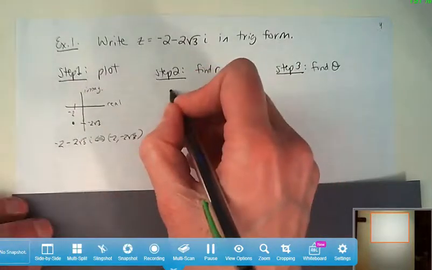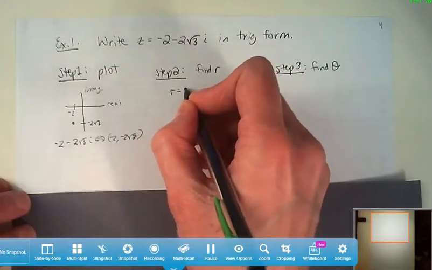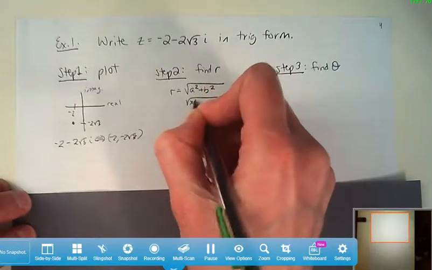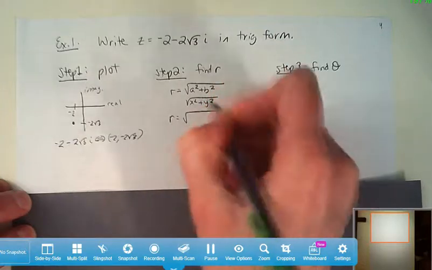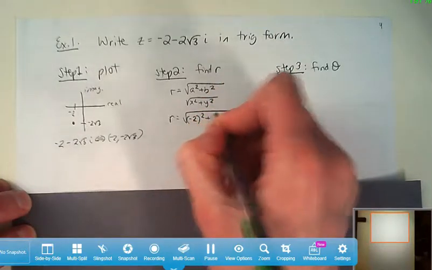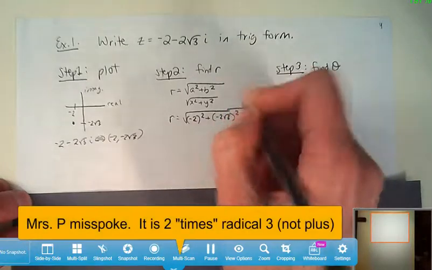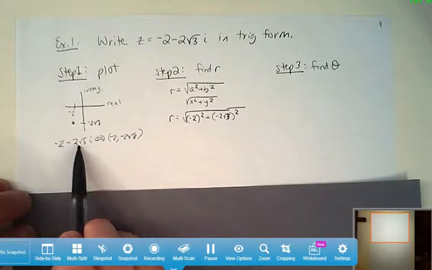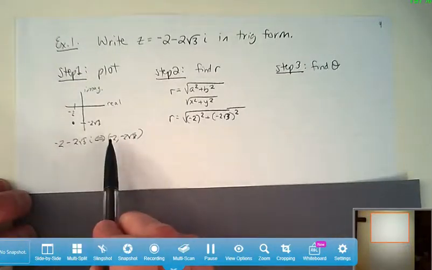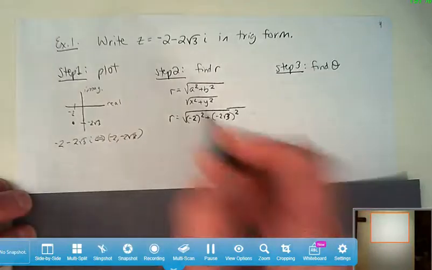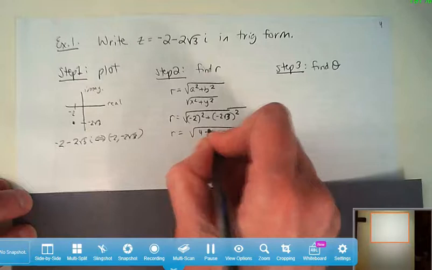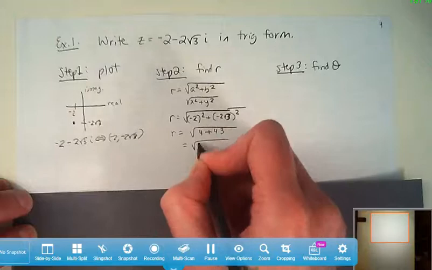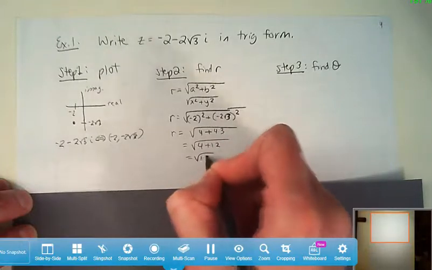Our next step is to find r. So to find r, we're going to use our formula where it's a squared plus b squared, or x squared plus y squared. It's really the same thing either way. So we're going to have -2 squared and -2 radical 3 squared. So that's using a squared plus b squared. Or if you're thinking x and y's, it's x squared plus y squared. Same thing. Don't forget when you're squaring this to square the 2 and the radical 3. So here you should get 12. And we're going to get